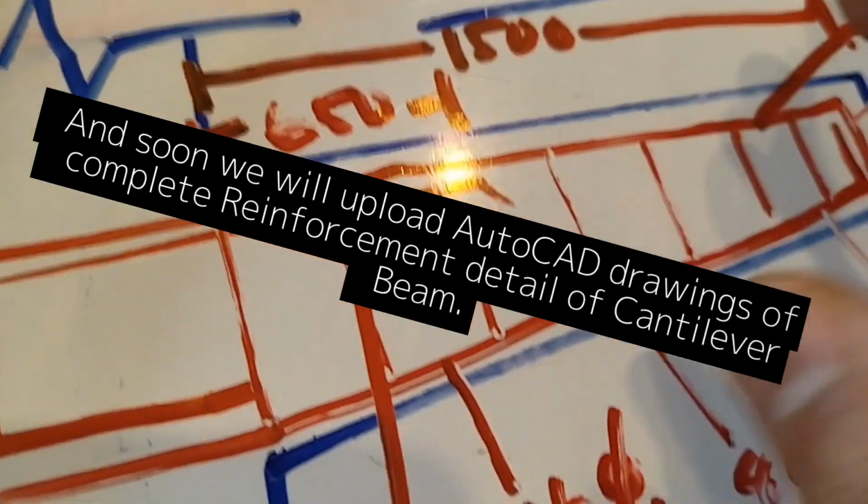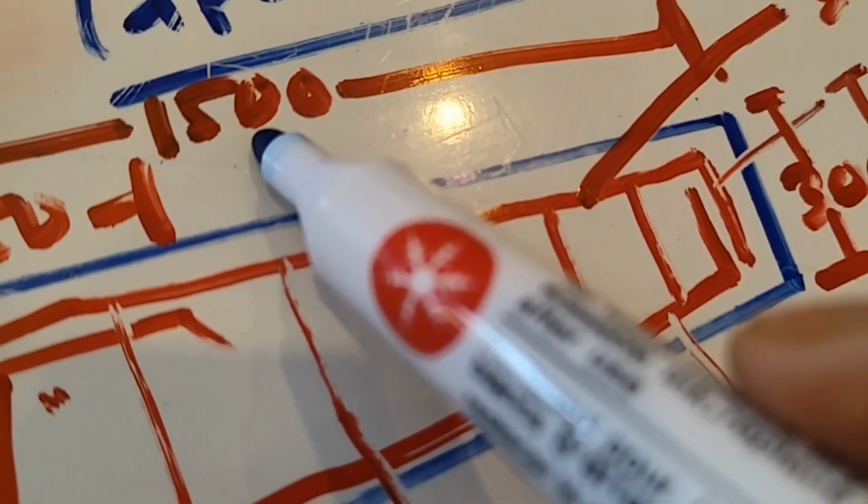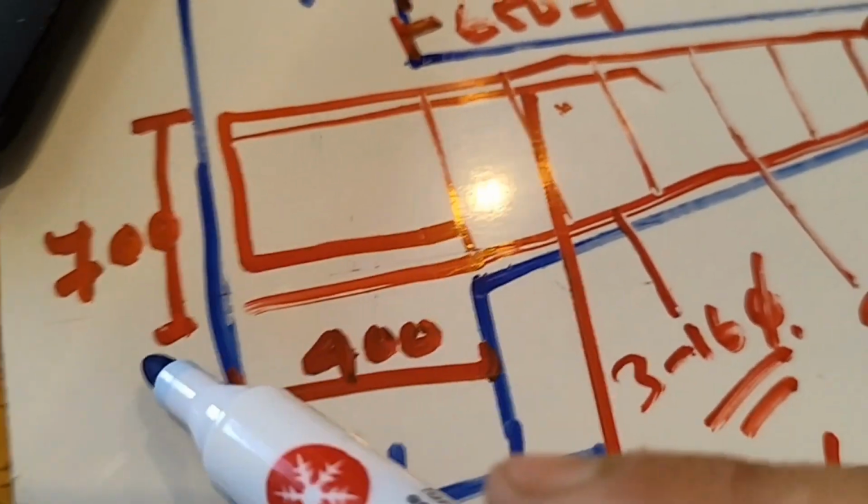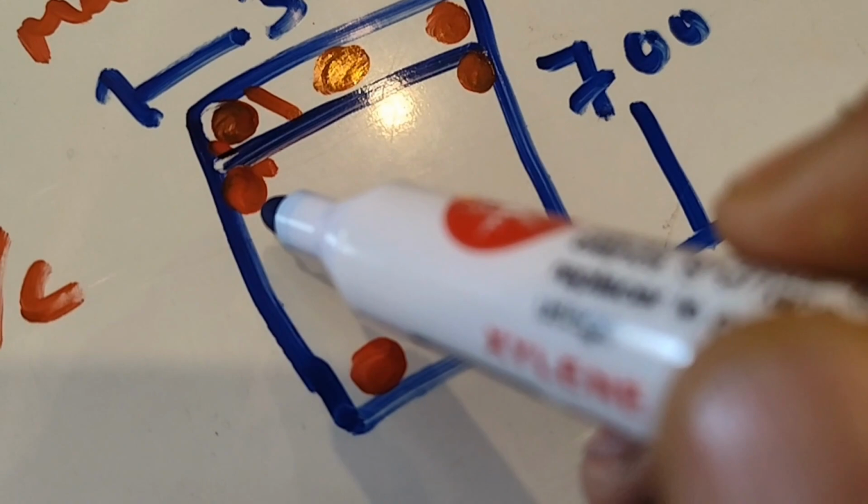And soon we will upload AutoCAD drawings of complete reinforcement detail of cantilever beam. For example, just value babu in and this 400 and so reinforcement, reinforcement, so reinforcement the extra part